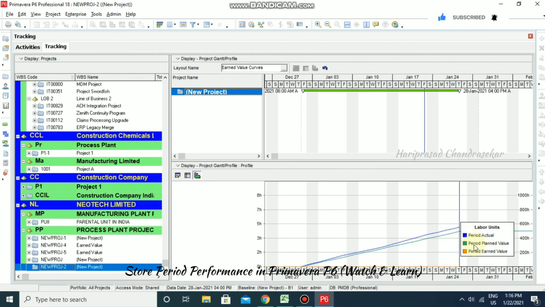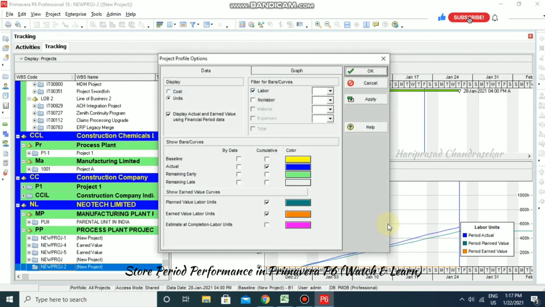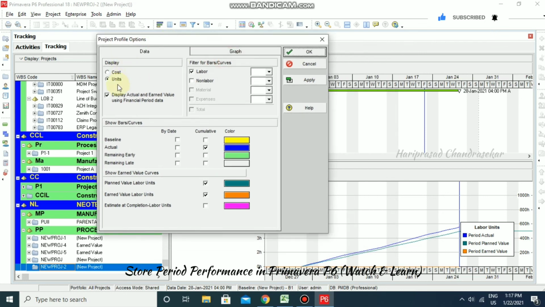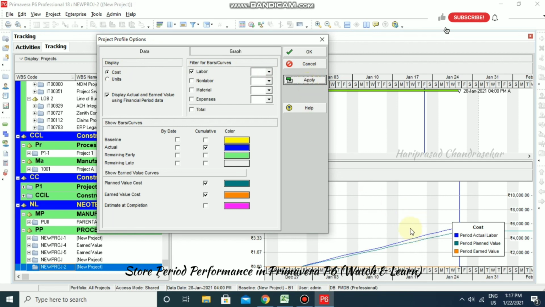So we have planned value and then earned value curve on the same line, as we don't have any delays. If you have delay, then it will differ in this area. So now we have the difference in actuals only. So that's why actual is in blue color, that is away from these two. Now I'm just going for right click profile settings, and here we can do all these things. I'm just going for cost and I'm just going to apply, and these things we can do.